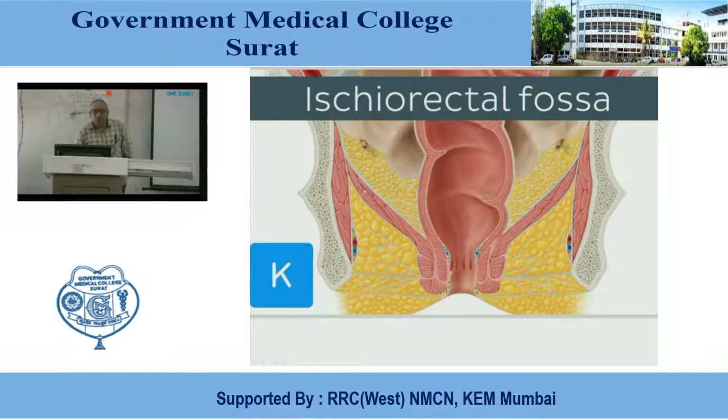So these parts contribute to the formation of the medial boundary: here the pelvic diaphragm and here the external anal sphincter. And this pelvic diaphragm, of course, is covered by a fascia that is known as the anal fascia. Just like the fascia covering the obturator internus, this one is also covered by a fascia, known as the anal fascia. So we have discussed two boundaries: the lateral boundary, obturator internus with its fascia, and the medial boundary, the pelvic diaphragm with the anal fascia, and in the lower part the external anal sphincter.